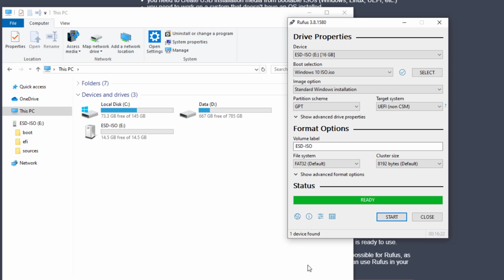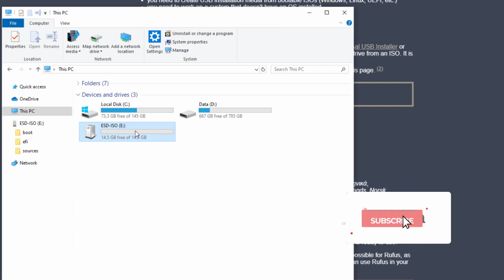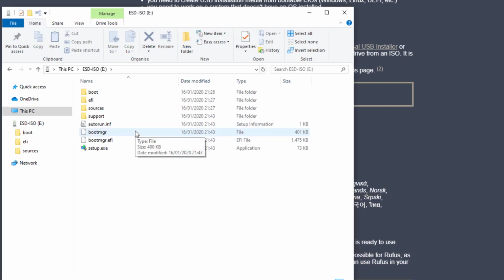Okay, so that's now ready. We can go ahead and close the Rufus tool, and you can see the USB, it's now changed the label as well. And you can see there's the content of the ISO. So if you run the setup file there,